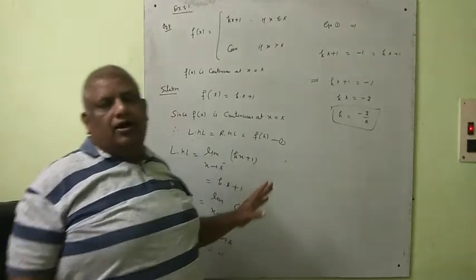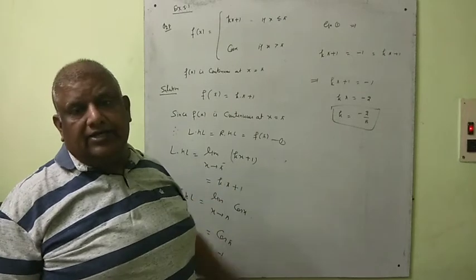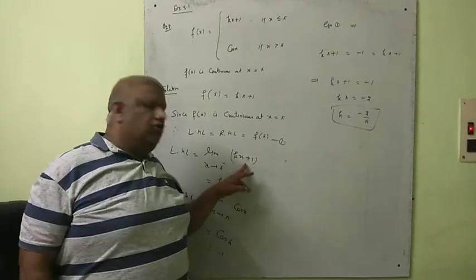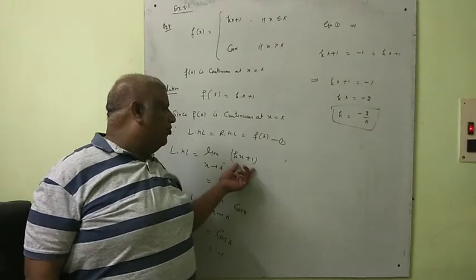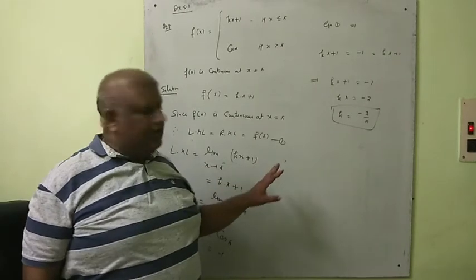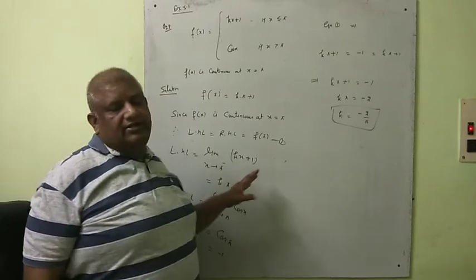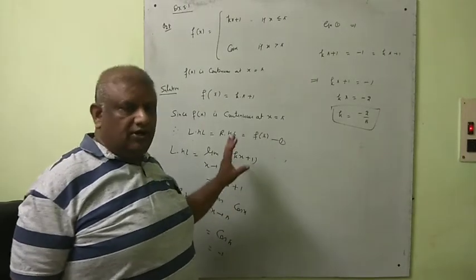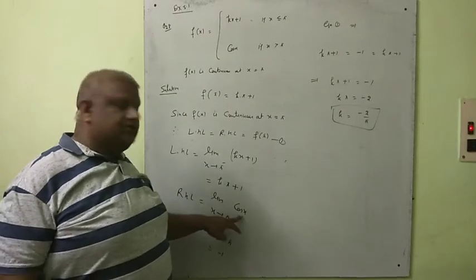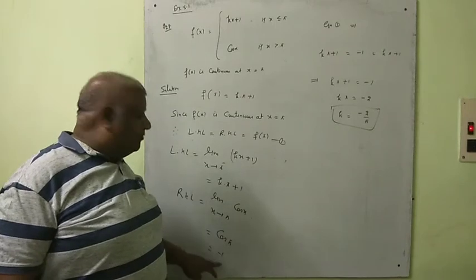Now from here, again, we can find out this left hand limit by putting x equal to pi minus h. But it is a polynomial and it is defined for all real values. So we can put directly x equal to pi here. So left hand limit is k pi plus 1. If you put x equal to pi minus h, definitely you get same answer because function is defined here. Right hand limit, x tends to pi plus, cos x. Again, cos x is defined. So cos pi is minus 1.